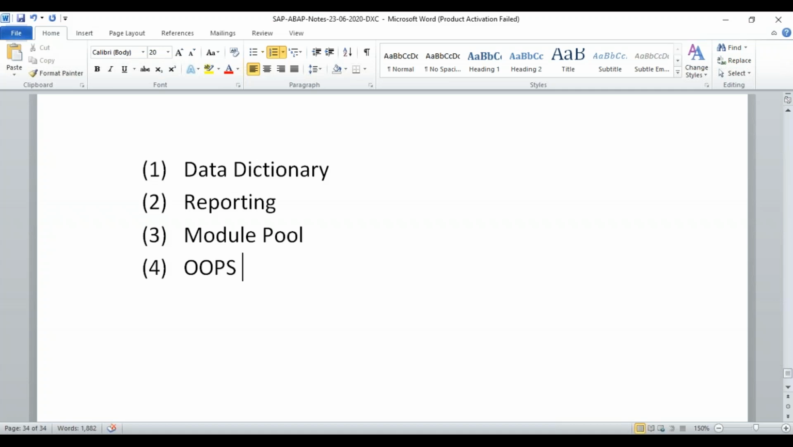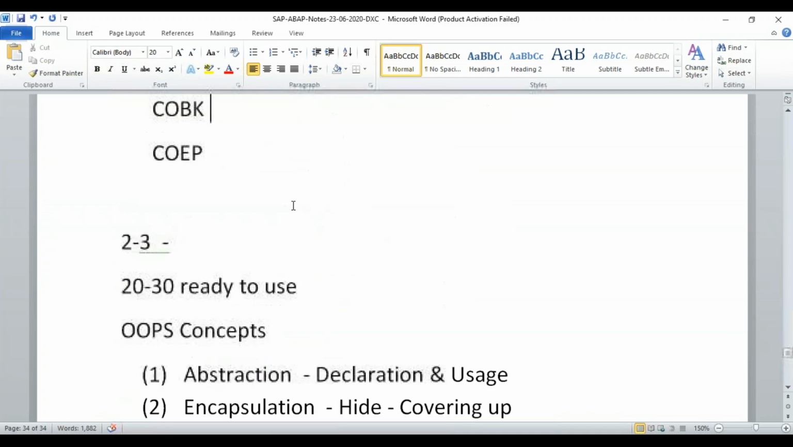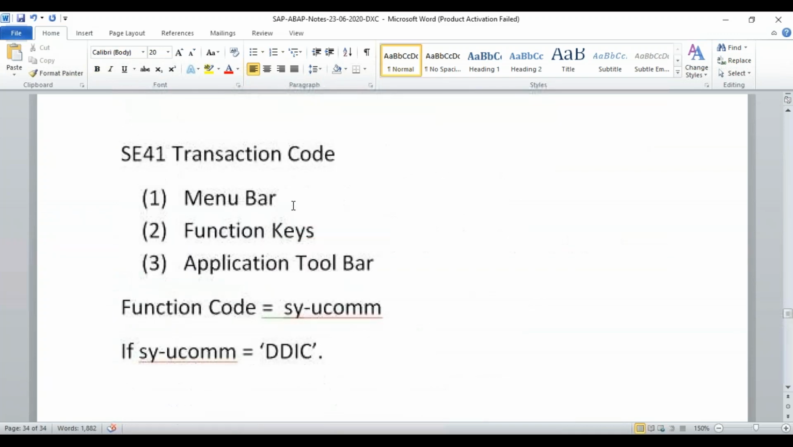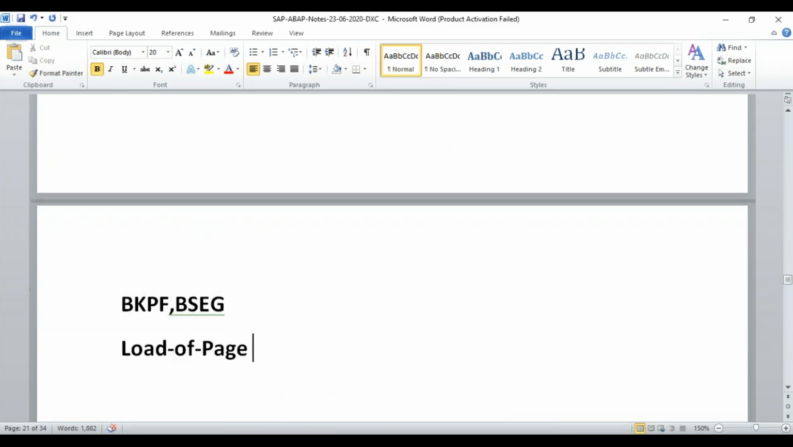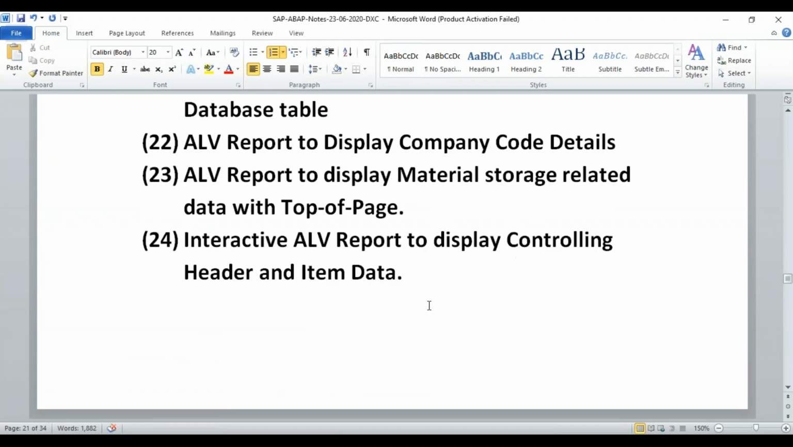So OOPS concept, we have done a couple of projects and we have done ALV. With ALV we have done the reporting as well. So let's go back to what are the projects that we have covered. In general, you have done this project successfully. 24, you have done ALV report, and 25th is the